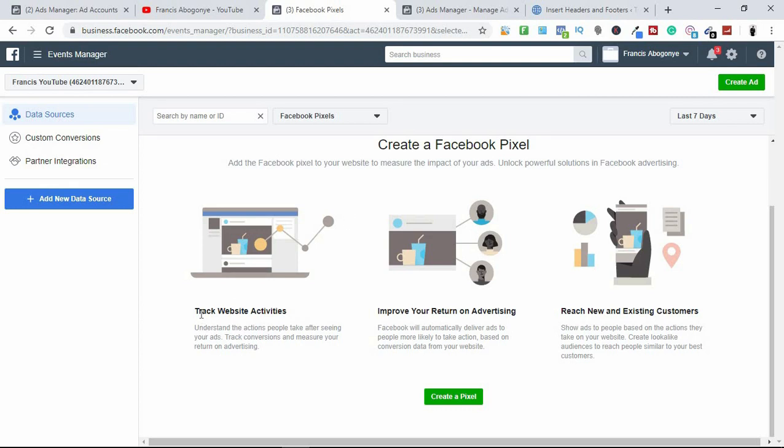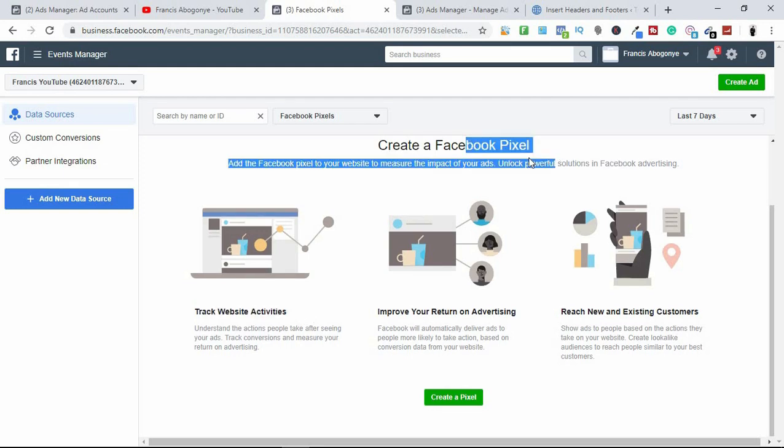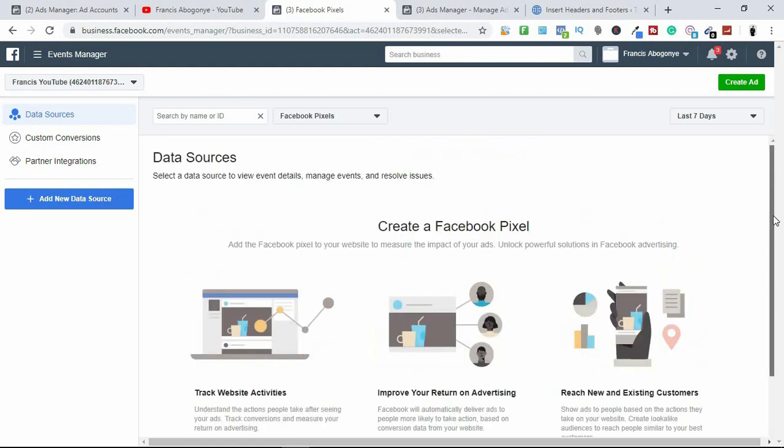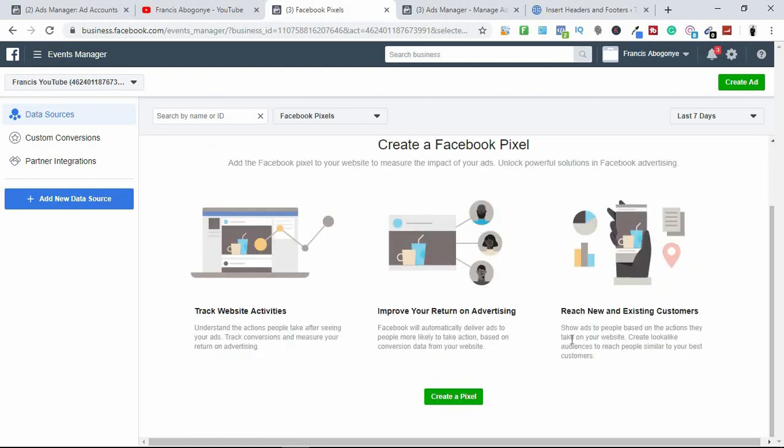All right, you can see right here on Facebook, once I click on this to create a Facebook pixel, it's saying track website activity, improve your return on advertising, reach new and existing customers. That is what it is basically. The Facebook pixel is very, very awesome, and it's very powerful in terms of studying people's patterns and behavior on your website. There's also pixels for other platforms like Google and Bing and all that, but for this